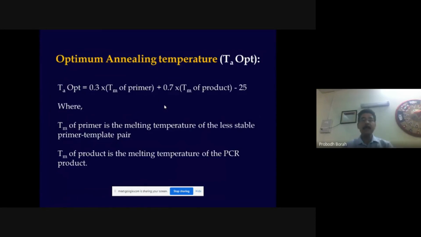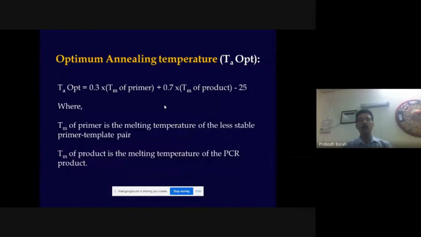Annealing temperature, as I already said, is normally calculated based on the TM value. If the TM value is known, then annealing temperature can be adjusted to 3 to 5 degrees Celsius lower than the TM value of the primer. But there are two primers in PCR, one reverse and one forward. Now the question will arise, TM of which primer will we consider for the annealing temperature, because there will be only one annealing temperature for the entire PCR reaction. We cannot have two annealing temperatures for one pair of primers.